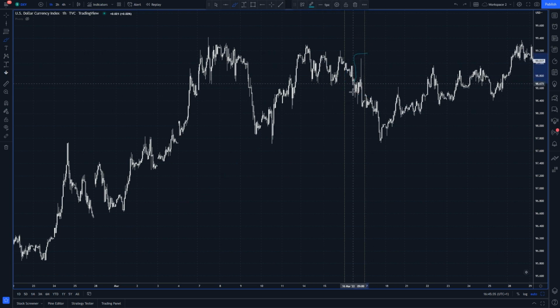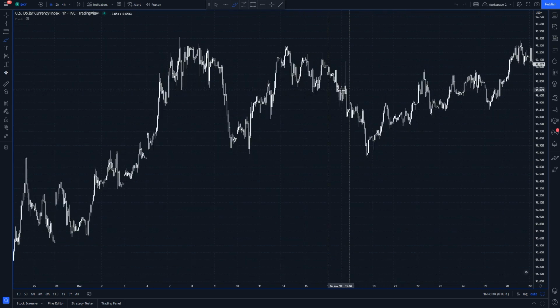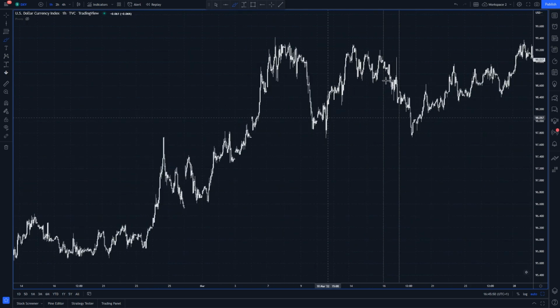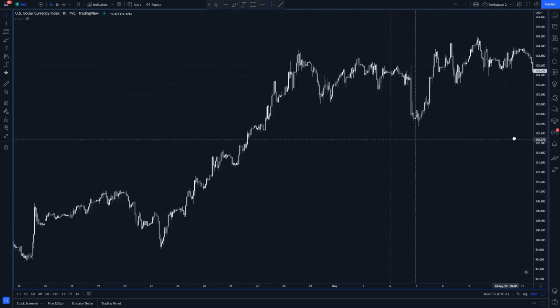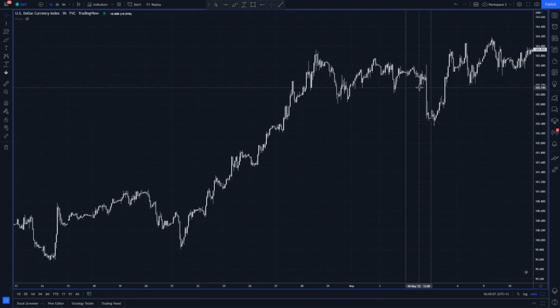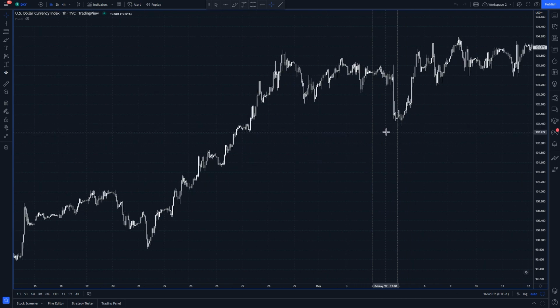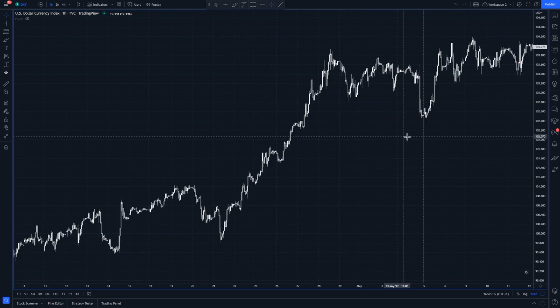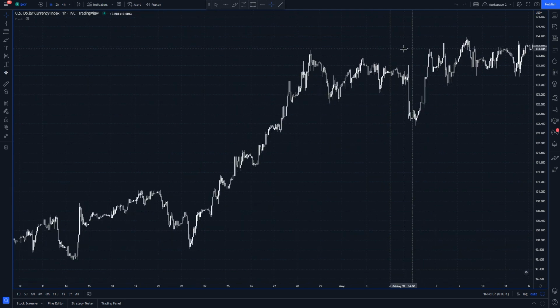So that hiccup we had to the upside wasn't because the Fed didn't come in hawkish. The decision was hawkish. If you compare it to any other type of cycle that we've been in before, it was very hawkish, but it wasn't hawkish enough for what the markets had already priced in at that time. If we compare that to the May decision, very, very similar. They came in super hawkish back in May. It wasn't a dovish decision by any means. It was hawkish, but the main point was, would they have been hawkish enough to see a sustainable move to the upside? That's very important for us to understand.